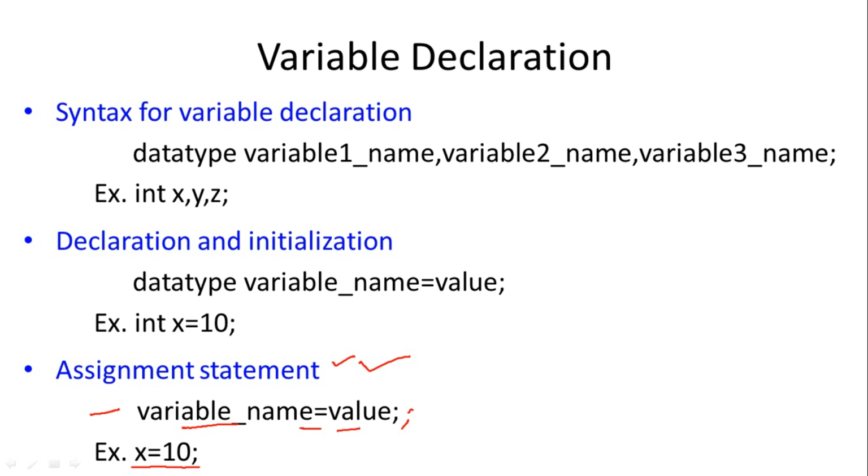So this is the way of using variables in a C++ program. Whenever we want to use any variable in our program, or want to work with values, the variable should be declared first. After declaration, a value will be assigned either with declaration and initialization, or with an assignment statement. So these are the two ways of assigning values to variables.